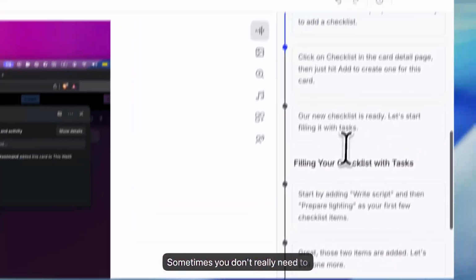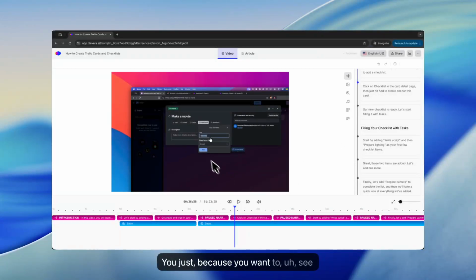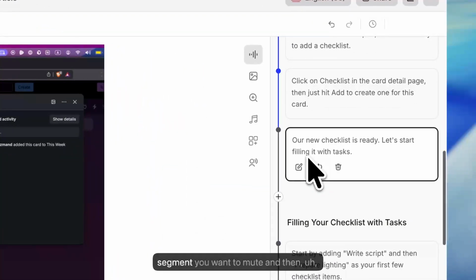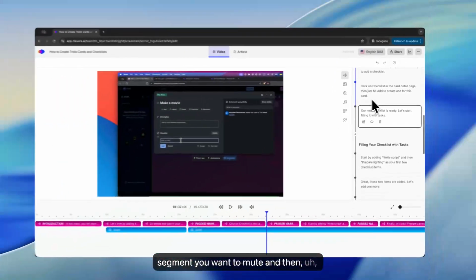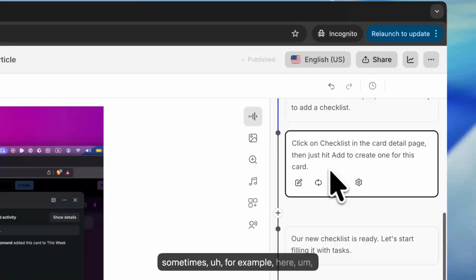Sometimes you don't really need to remove that part in the video. You just want to see the cursor moving around, and you just don't want to have a voiceover on that part. In that case, you need to just click on the segment you want to mute, and then from there, you need to click on the mute icon. Here, I don't have the mute icon because this is a pause narration, but sometimes, for example, here,